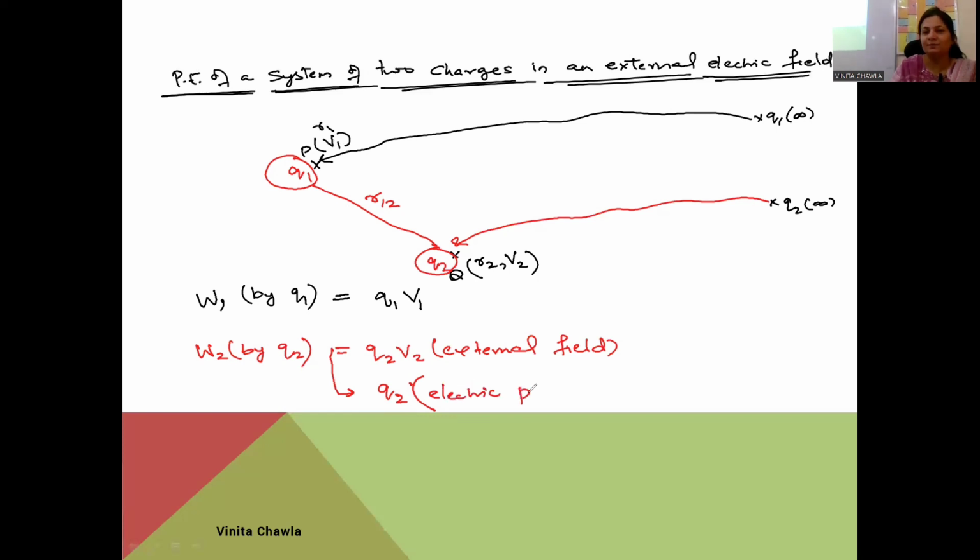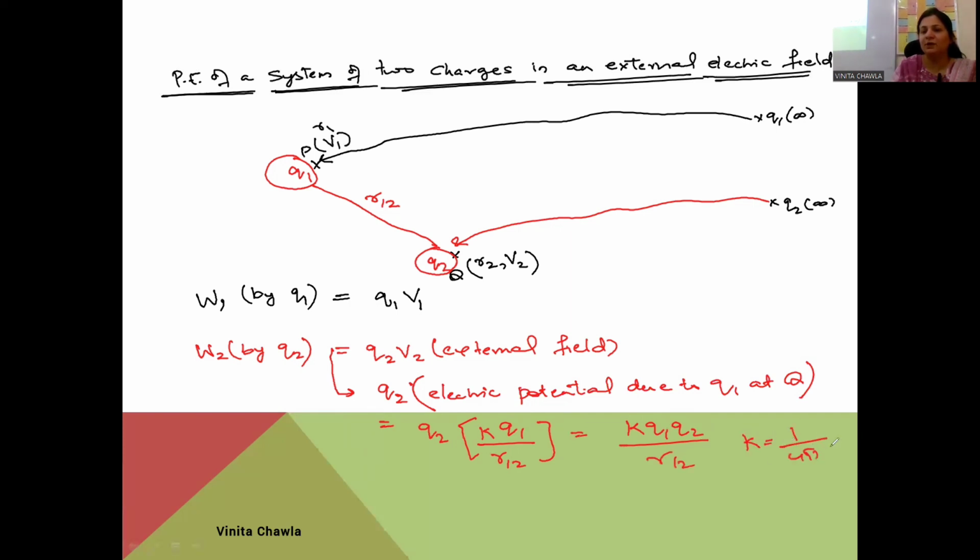Electric potential due to Q1 at point Q is equal to Q2 times KQ1, and the distance between the charges is R12. This is equal to KQ1Q2 by R12. What is K here? 1 upon 4 pi epsilon. So the electric potential energy of the system